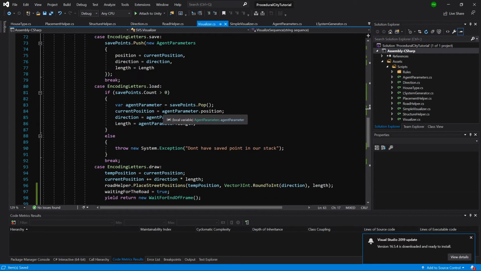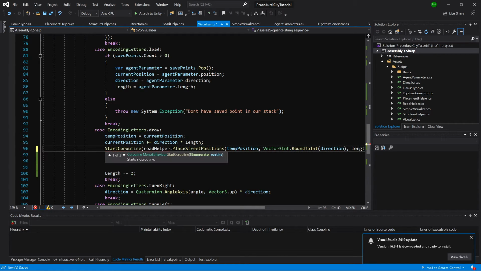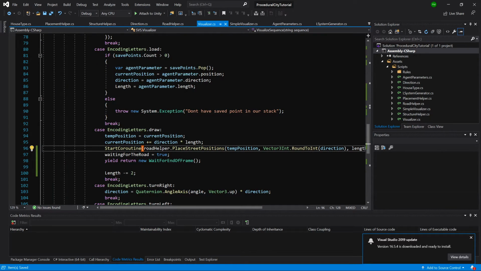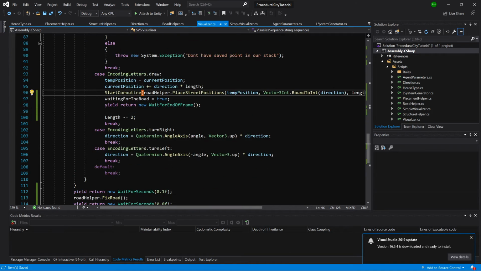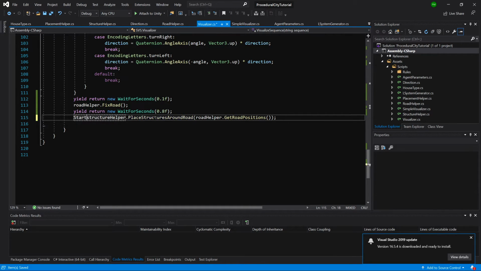And now what we need to do is to call roadHelper to call it as a StartCoroutine. Okay, so we will start a coroutine inside our coroutine that we have already started. Great. So now this will create this animation where the road is placed, but we'll still need to slide down, fix the road, and create a coroutine out of this place structures around the road. So we are going to call StartCoroutine